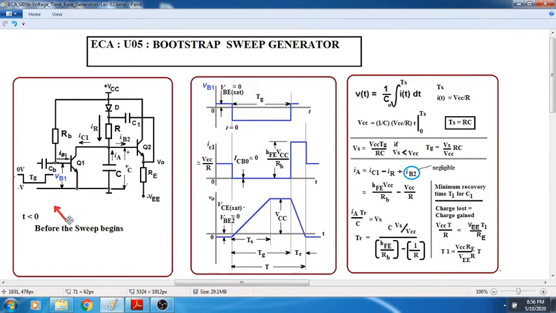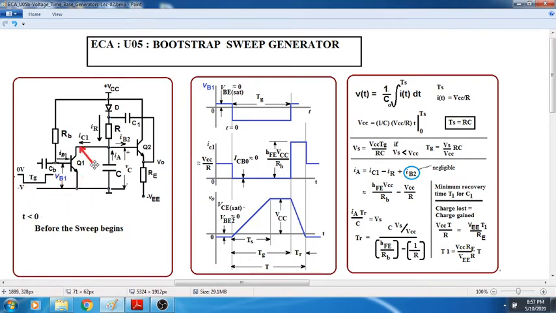We will take up a case where at t less than 0, what is t less than 0? The sweep has not started yet. The sweep did not begin. That means this particular gate voltage which is there, we are still at this position, 0 volts or slightly positive volts. So we have not gone to negative. The gate pulse has not started. So when will the sweep start? The sweep will start when the gate pulse goes negative. Please remember that point. When the gate pulse goes negative, the sweep will start.